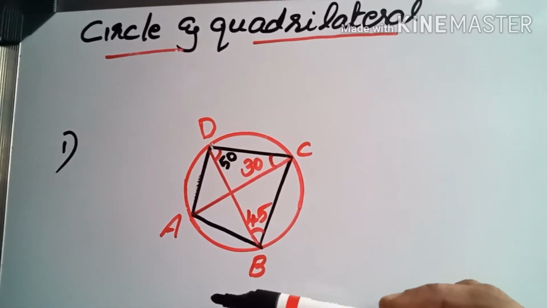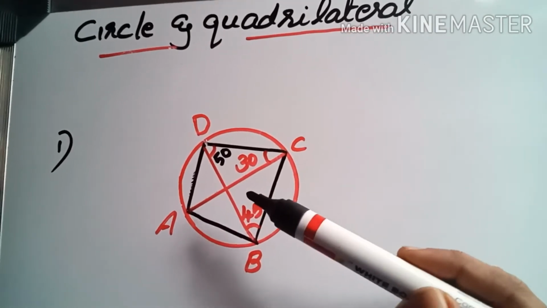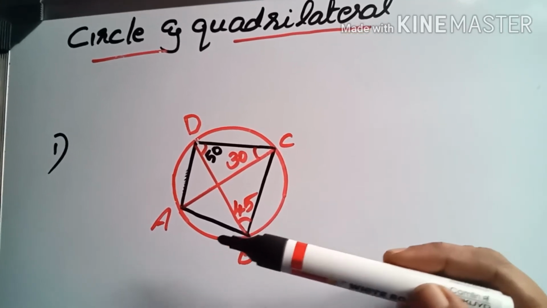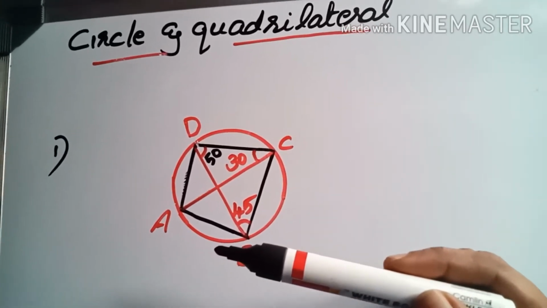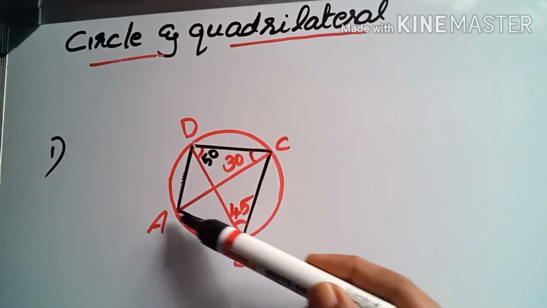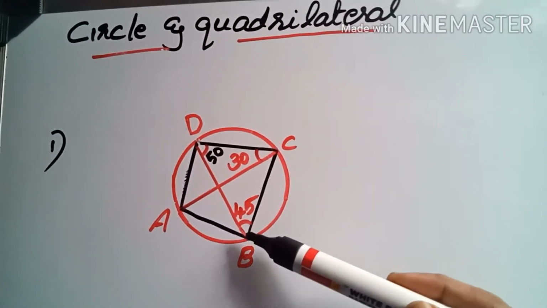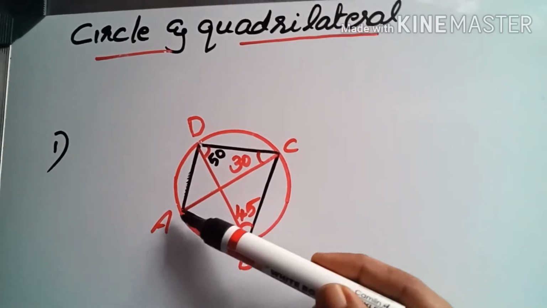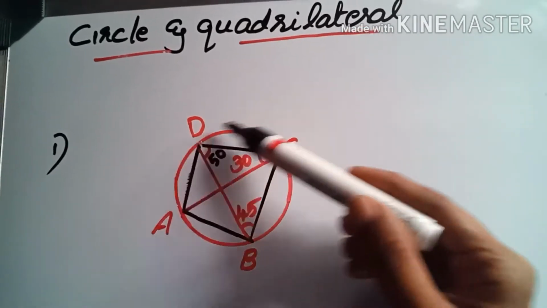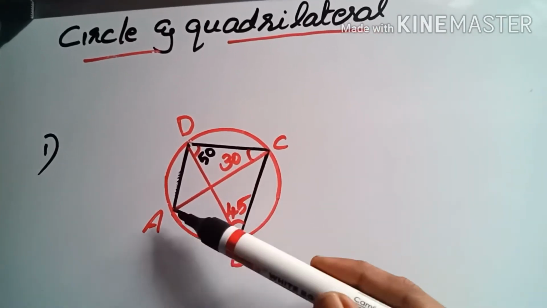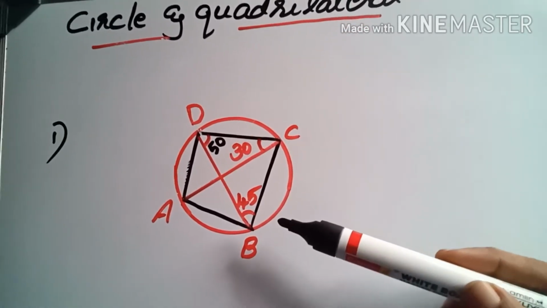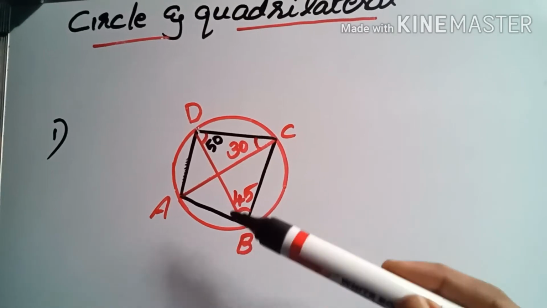Okay, now in order to find the remaining angles, let's use the concept that all angles in one arc will be equal. We learned that all angles in one arc. That means when we consider this AB as the chord, its arc will be what? Two arcs will be there, the small arc AB and its alternate arc AB. So in this arc, all the angles starting from A and ending at B will be the same. Okay, the measurement will be the same. So let's apply that here.